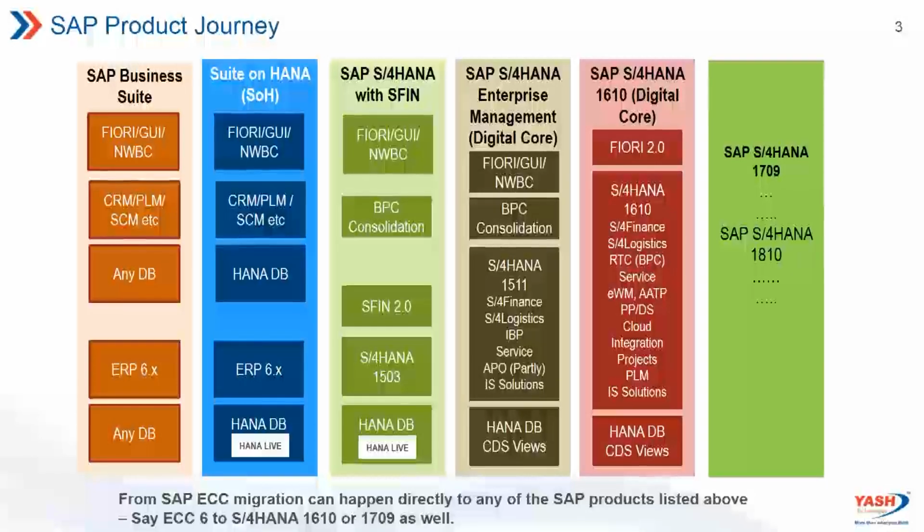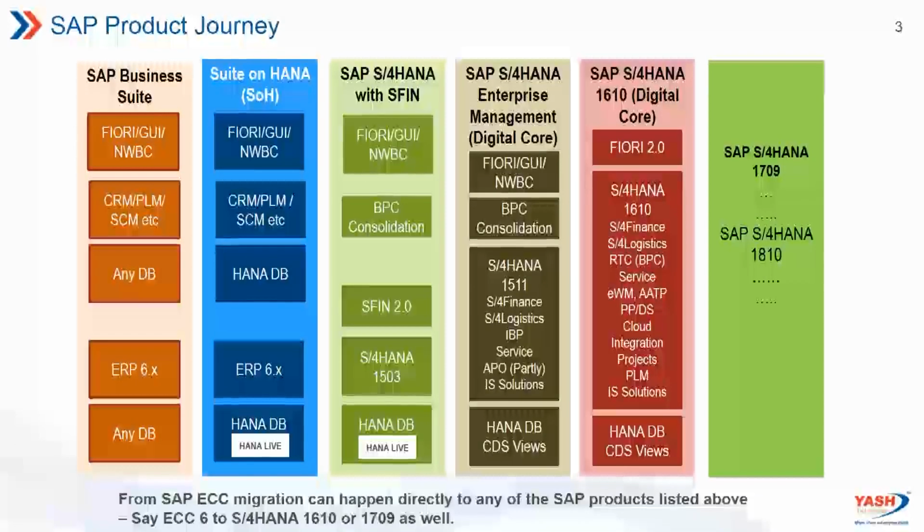But in 2013, SAP came up with something called the Suite on HANA, where all the business suite applications like ERP, CRM, SEM, etc., were tailored to run on the HANA database. So the business suite applications running on the HANA database was called the Suite on HANA. What it brought was that the application suddenly became very fast. Because of the compression algorithm in the database, the size of the data went down by 75%, and it also improved a lot of the long-running reports,